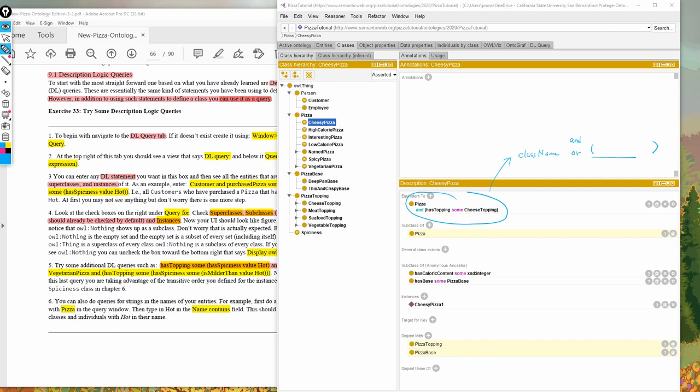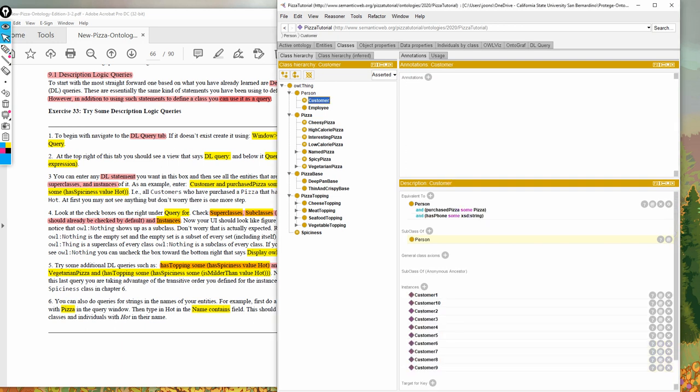In this case, this is has topping some cheese topping. This is also a DL expression, so they're using property restrictions. In the case of customer, they're using data property restrictions. So roughly, informally, when they say DL expressions or DL statements,